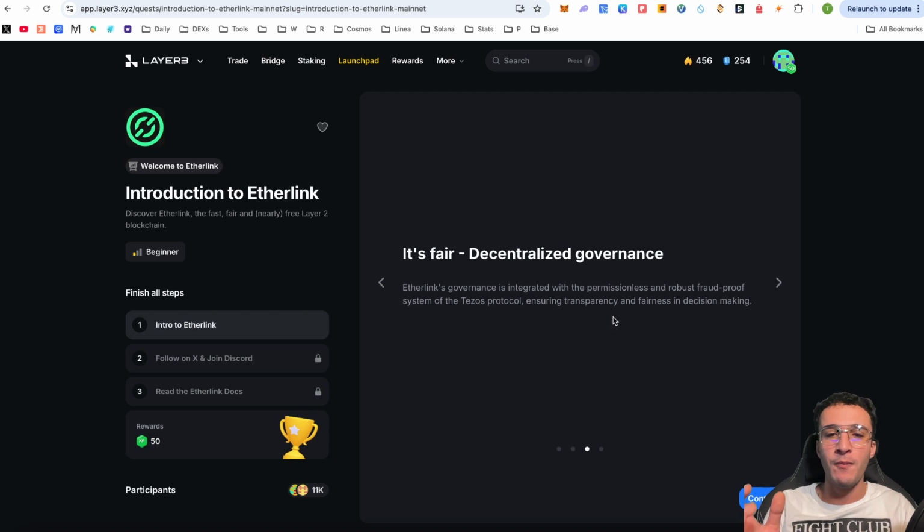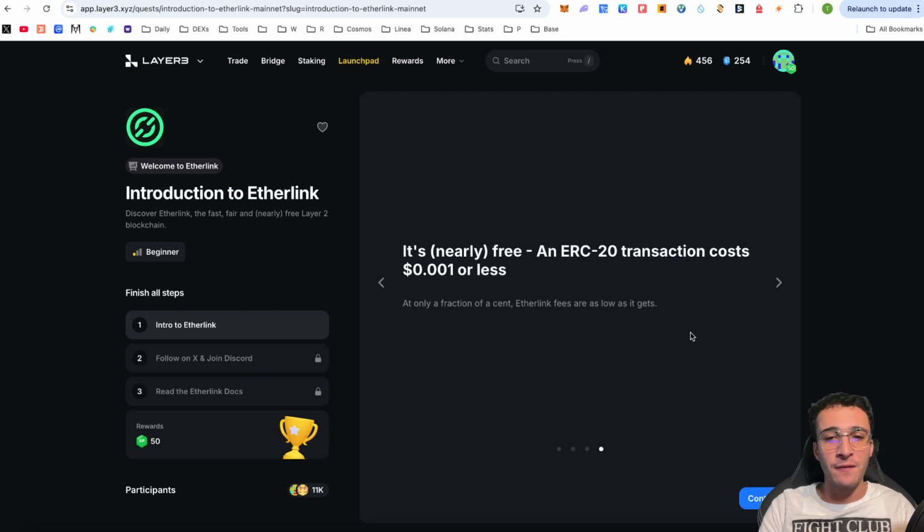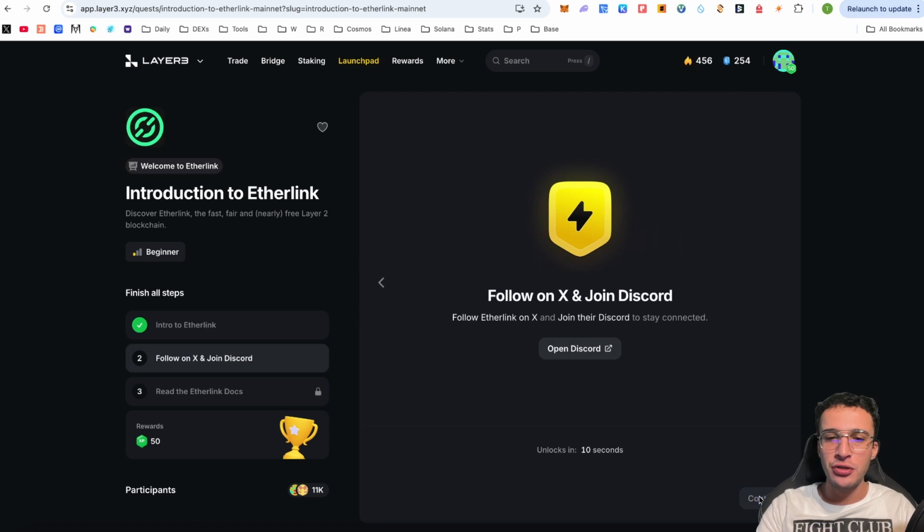So it is tied up with the layer 1 blockchain of Tezos, which is awesome. It is nearly free, and an ERC20 transaction costs 0.001 cents or less. So at only a fraction of a cent, Etherlink fees are as low as it gets. Now this is absolutely awesome, and this is what we are looking for in the future of Web3: cheap, fast and secure networks. Nonetheless, if we click continue, you'll be able to see that we're next supposed to follow Etherlink